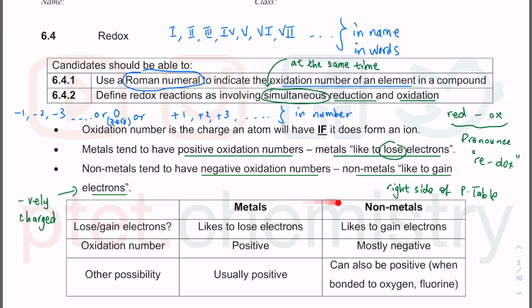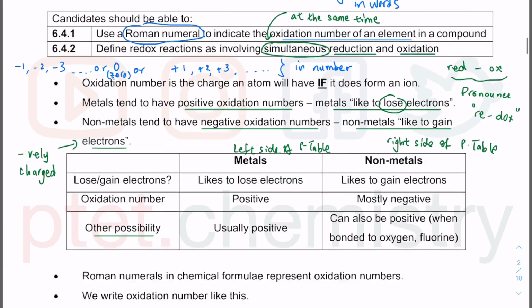This is just a table to summarize what I've talked about. The metals are found on the left-hand side of the periodic table, and they like to lose electrons. Meaning they are more likely to have a positive oxidation number. They can have other oxidation numbers. So things like